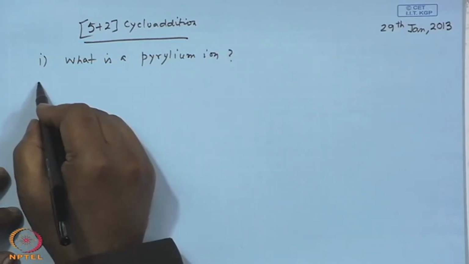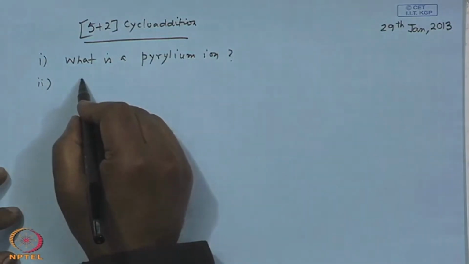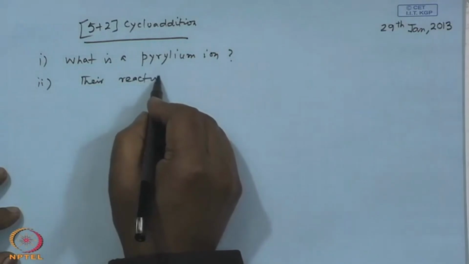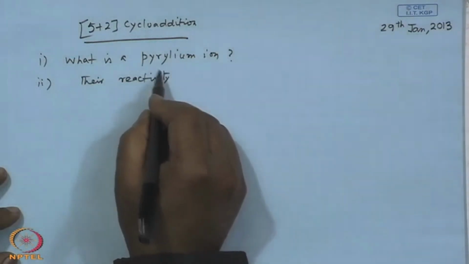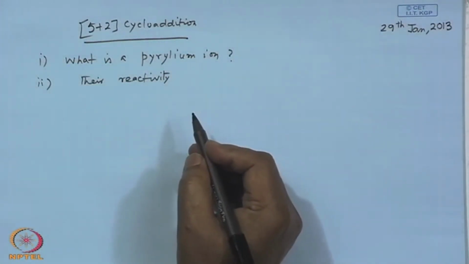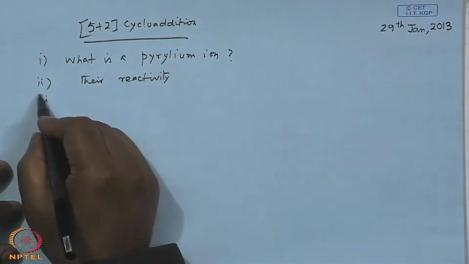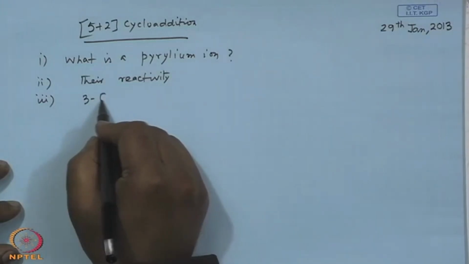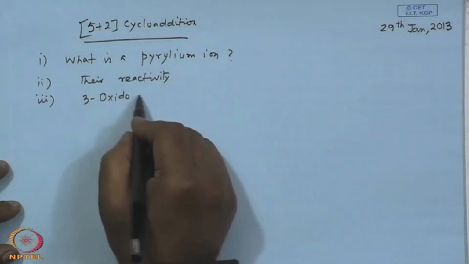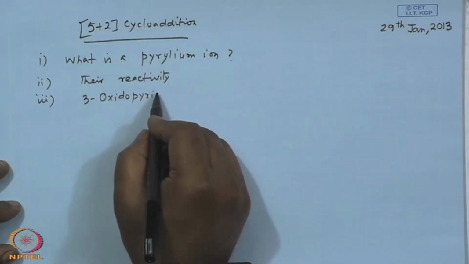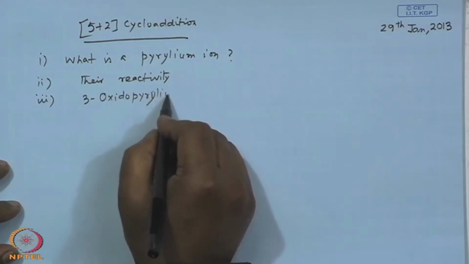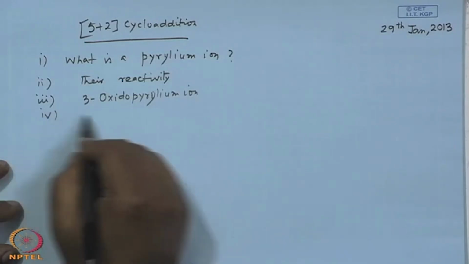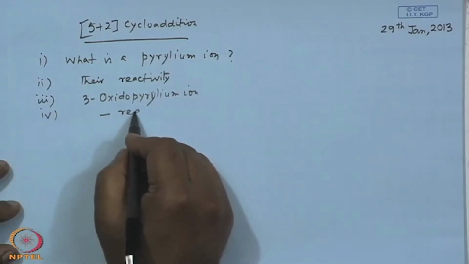Then next we talk about their reactivity. Then we talk about a special kind of pyrylium ion which is known as oxidopyrylium ion. And again we talk about their reactions,